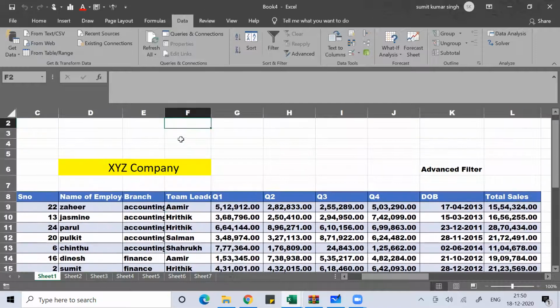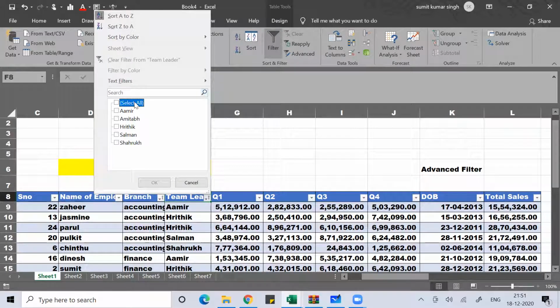Now what I want now, under team leader Amir, is those who are doing accounting work. Maybe let's take some other team leader. Let's take Ritik.